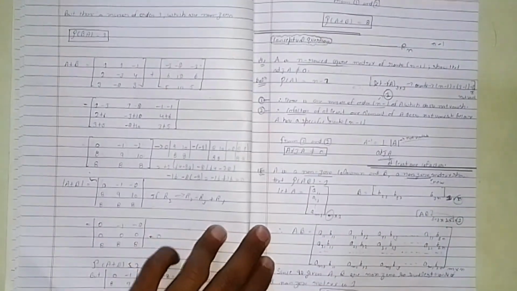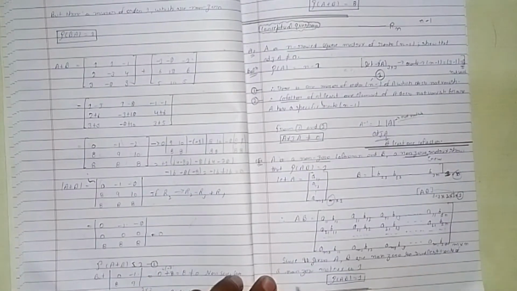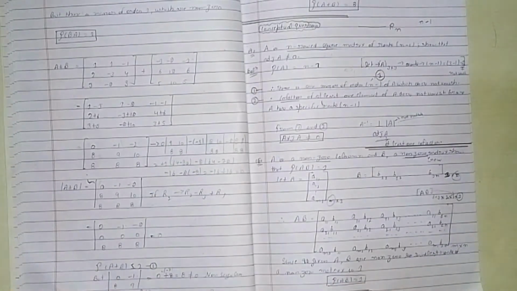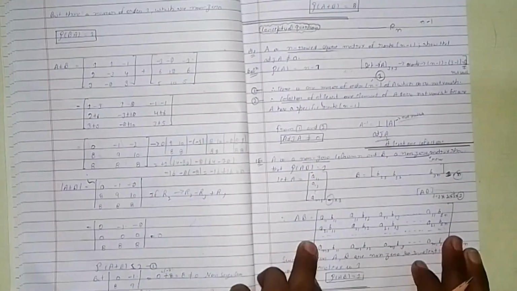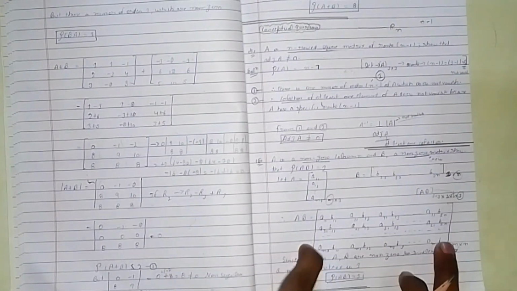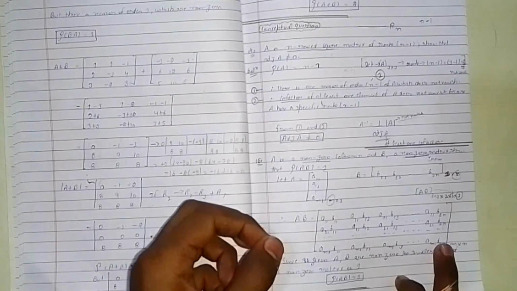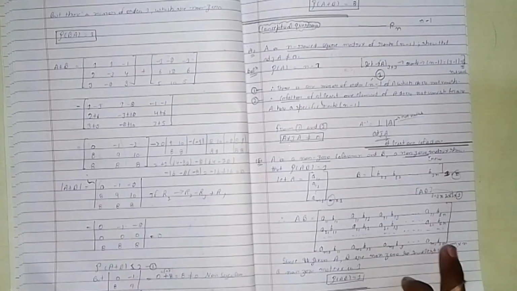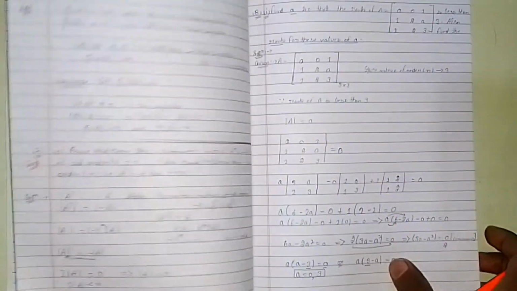What we get, since as given A and B are non-zero, the smallest rank of a non-zero matrix is 1. I don't know what the values of A and B are, but I know the smallest rank, so row AB is equal to 1. I just multiply A and B without knowing the values, and I write row AB is equal to 1 because I know it's a non-zero matrix which is given to me. Is that clear to you? Maybe it's clear to you.